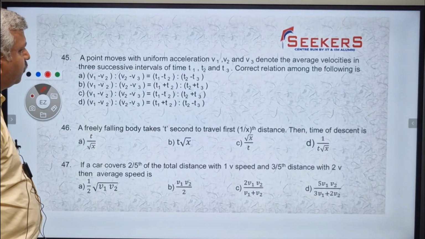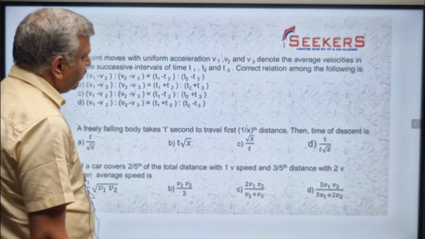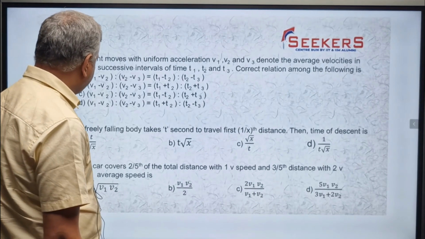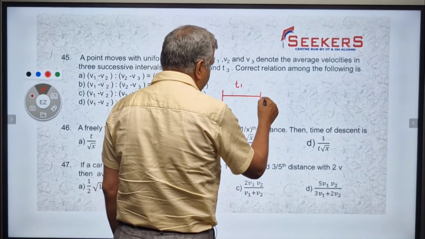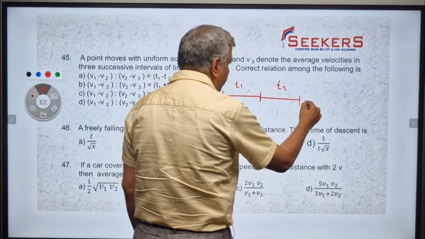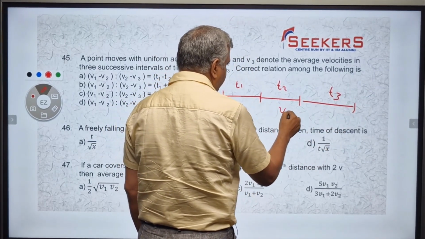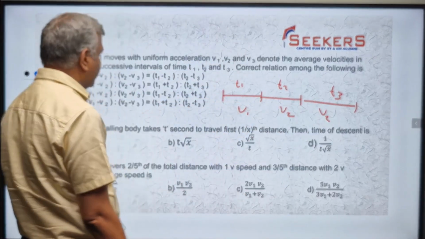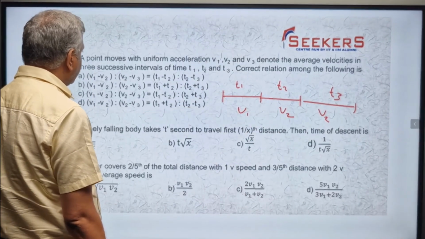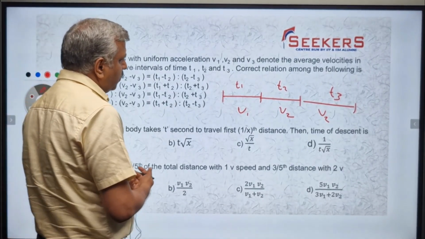3 points move with uniform accelerations. v1, v2, v3 denote the average velocities in 3 successive intervals of time. So this is t1, this is t2 and this is t3, and here the average velocities are v1, v2, v3. Then the correct relationship among them is what? Okay, so